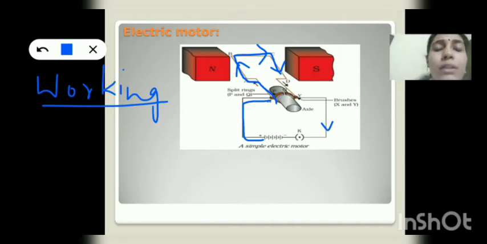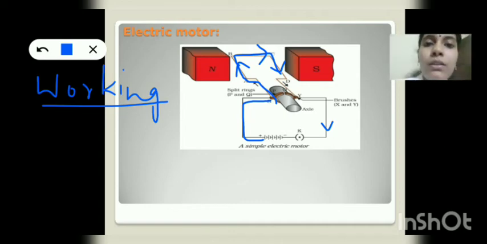Now this rectangular coil is made of a conductor, and this conductor carries a current when the circuit is switched on. As we discussed in our previous session, whenever a current carrying conductor is placed in a magnetic field, it experiences a force. So how will you find out the direction of this force? Our rectangular coil also experiences some force since it is lying inside a magnetic field. How will you find out the direction of this force? By applying Fleming's left hand rule.